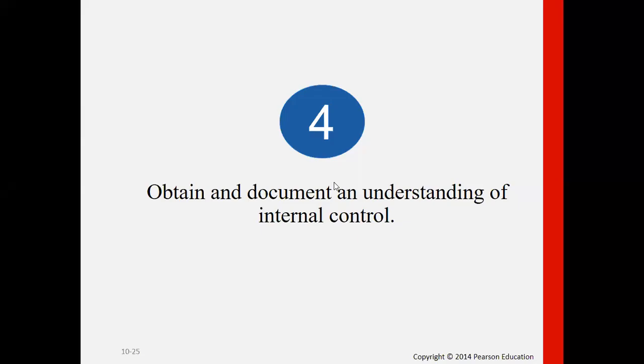Good day, everyone. This will be our second part discussing considering internal control. And this is our fourth, or number 4, objective: obtain and document an understanding of internal control. So we have to understand what IC is all about, and then we have to prepare documents to record such